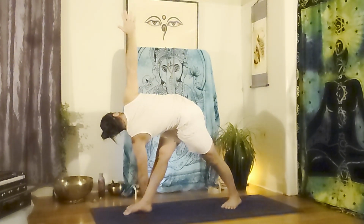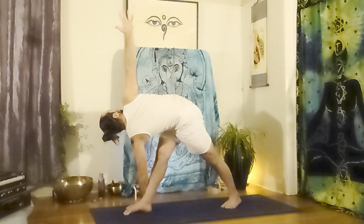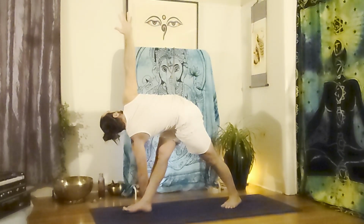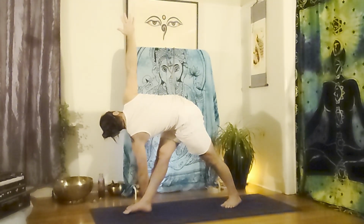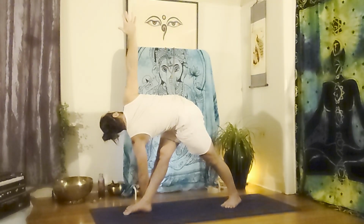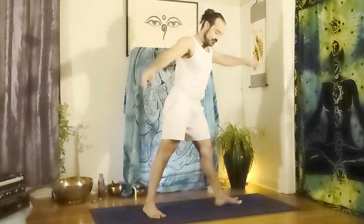1. Keep reaching your heart forward, opening through the chest. 2. Strong onto your feet, looking up towards your right hand. 3. 4. Pressing your left hand into the floor. And 5, press your feet into the floor, coming all the way up, pivot back around to the front, 45